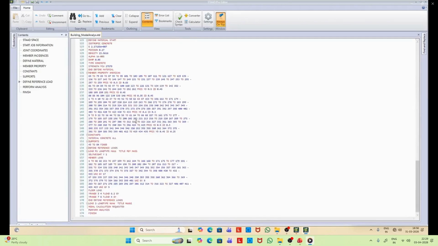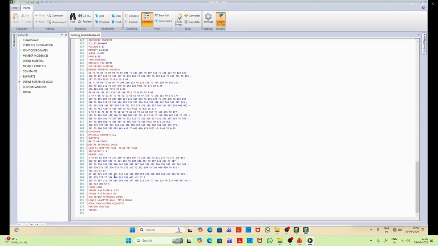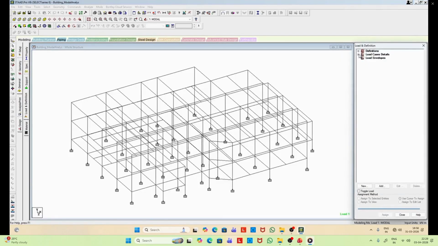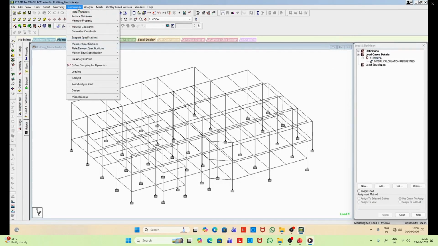And then again from this text file we can change the load number, because the other two loads are not there. So the load case number should be 1. Here you see the load case number is 3 because the third load case was modal. So if we save it here, it is changed to 1, right? Now the model is almost ready.